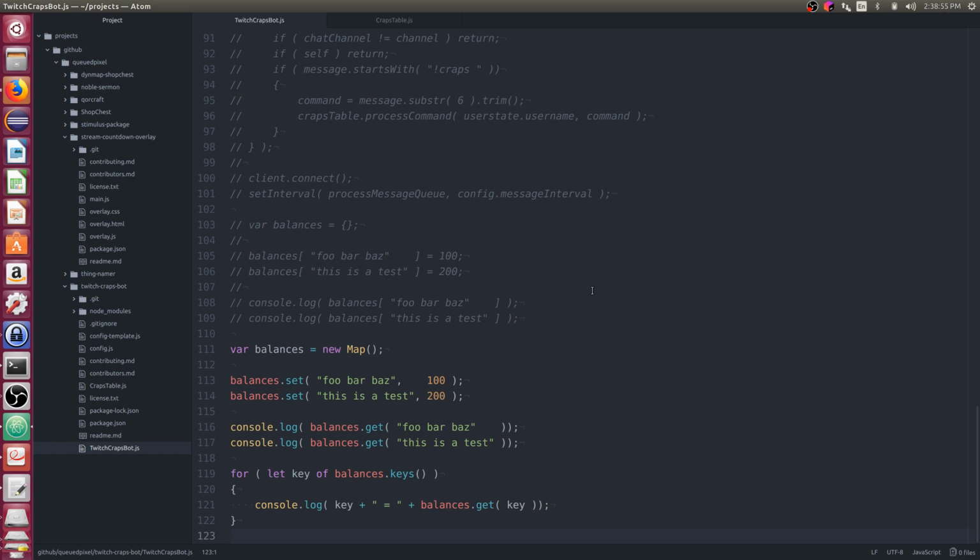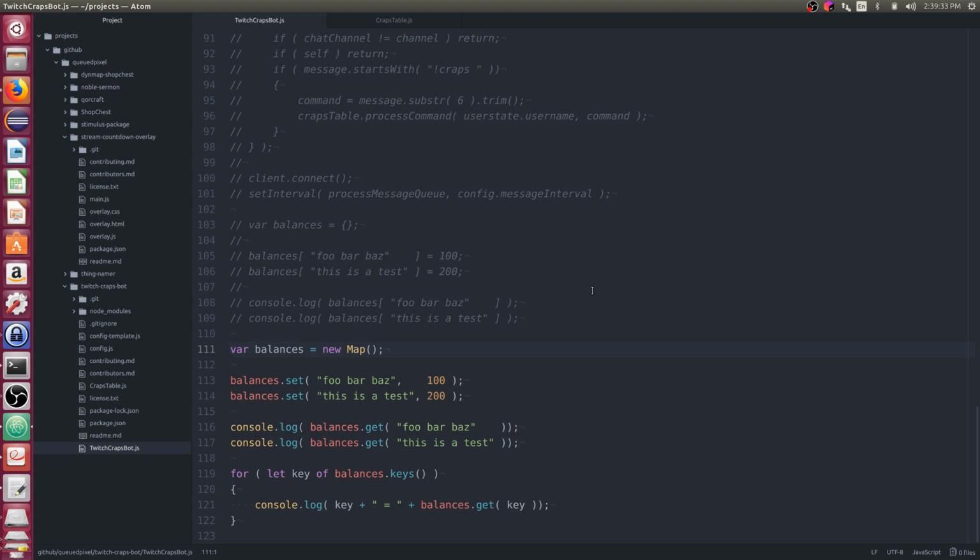All right, so I think we have a working map here. And so we just have the two different options here. We've got the object option, where I basically add the values directly as properties on an object, or I have a map option. And I think the map option is useful for a couple of different reasons. I think the map option will actually store order. So if I put things in it in a certain order, the order will be maintained, versus an object, where the order will not be maintained.